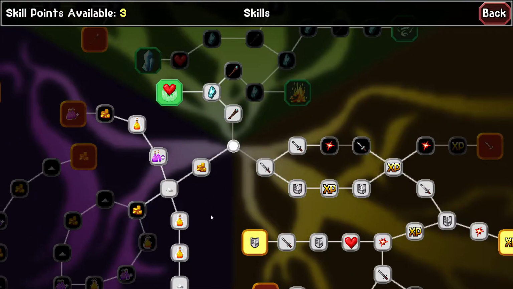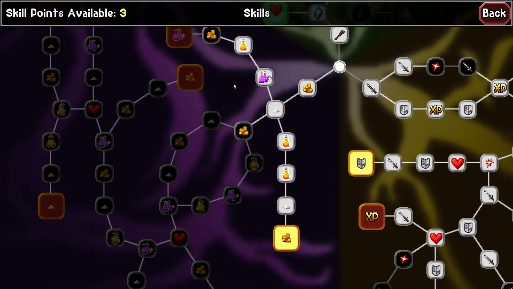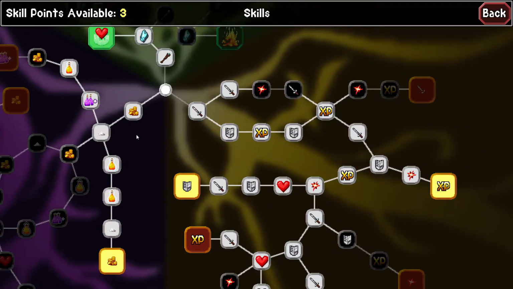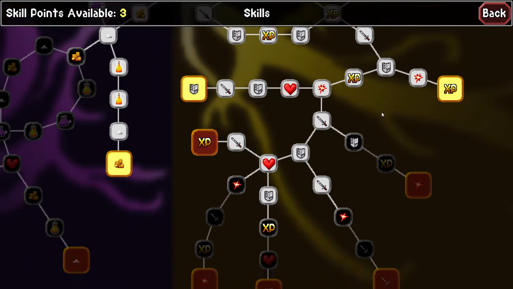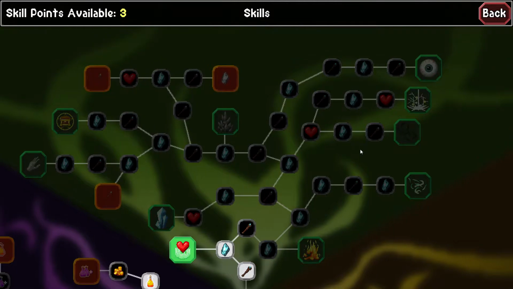So basically there are 3 paths. There's a sort of alchemist path. A lot of this involves the potion crafting system, gold drops, and a couple of other things. Mostly just like gold find and potion ingredient power and stuff like that. Then you have your warrior tree, so attack, critical, armor, things like that. Also XP bonuses. And then you have your mage tree, which is a bit different from the others because it